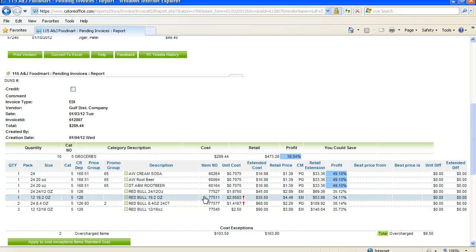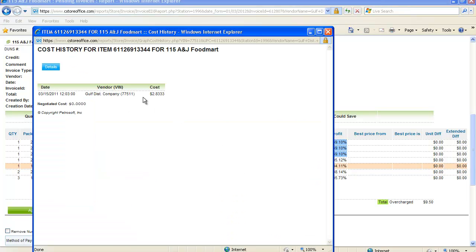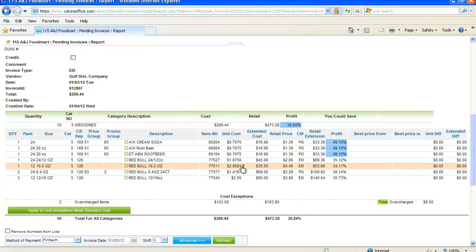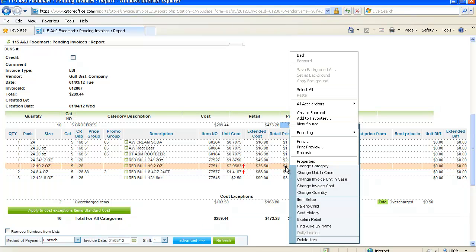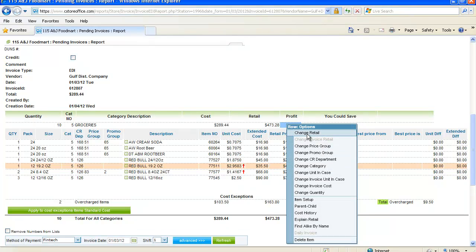Okay. All right. Now the red arrows here shows that the cost went up. You can click on the red arrow to see what the cost went up from. You can see over here the last time 315 Red Bull was bought, it came in at $2.83 a can. It went up to 295.83. You can choose to change your retail according to that, or just leave it the way it is. If you want to change retail, then you'll right click on this tab over here, hit escape to get rid of the Windows menu, and then you would hit change retail,